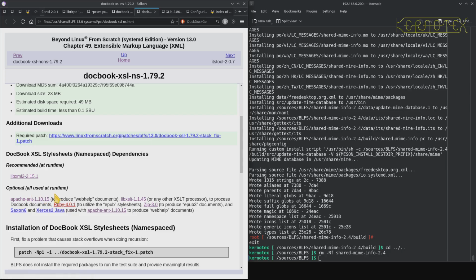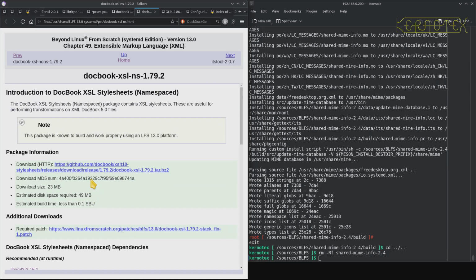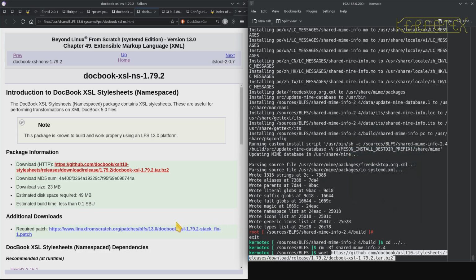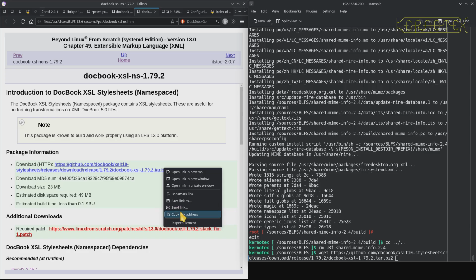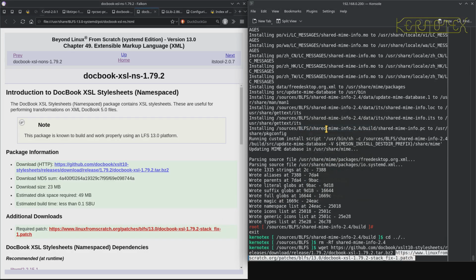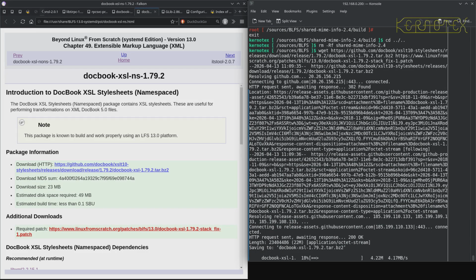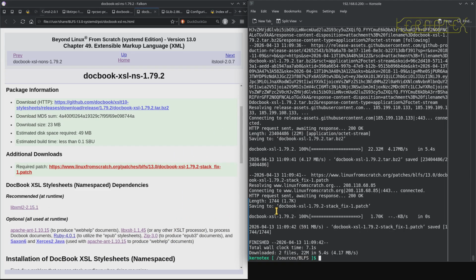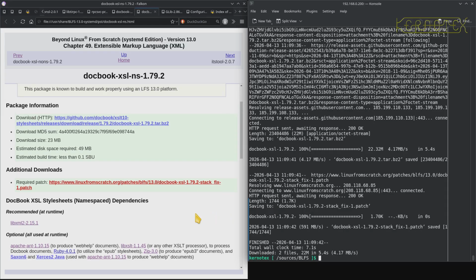Apache Ant have probably done that for some other reason. So docbook XSL